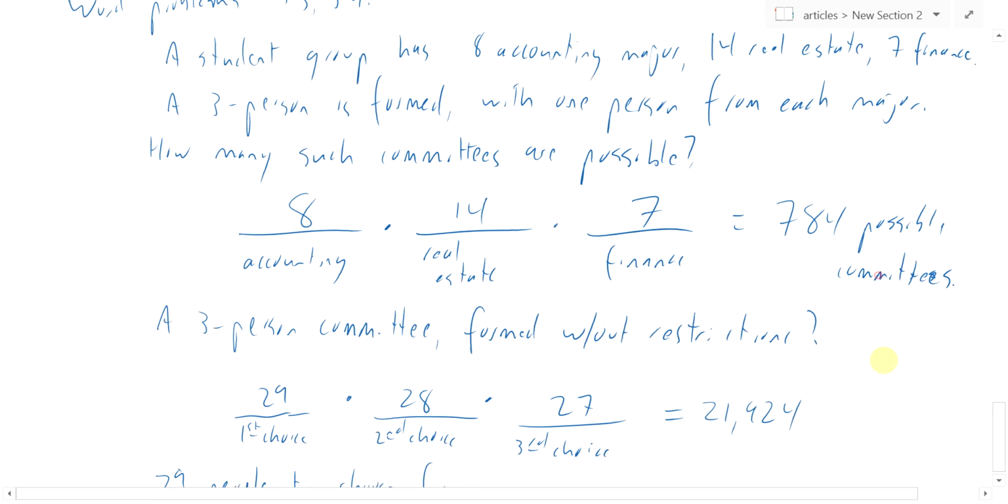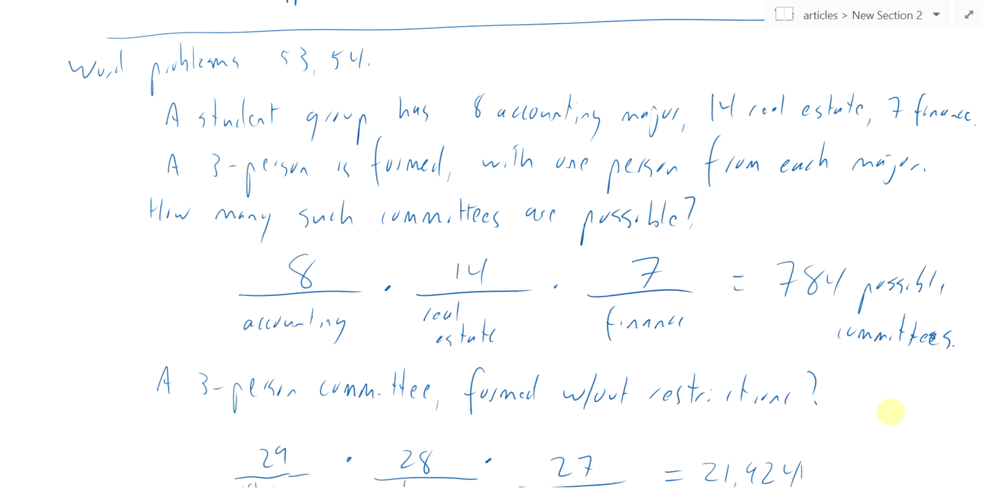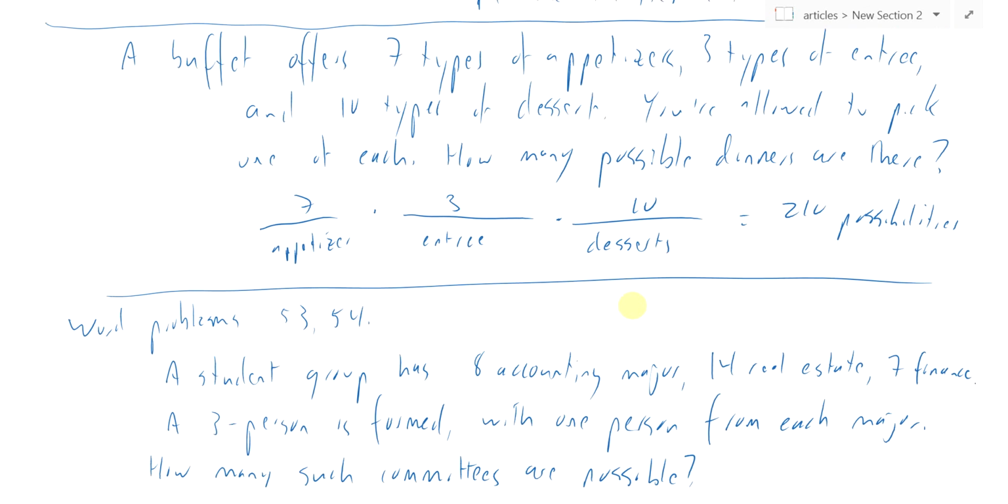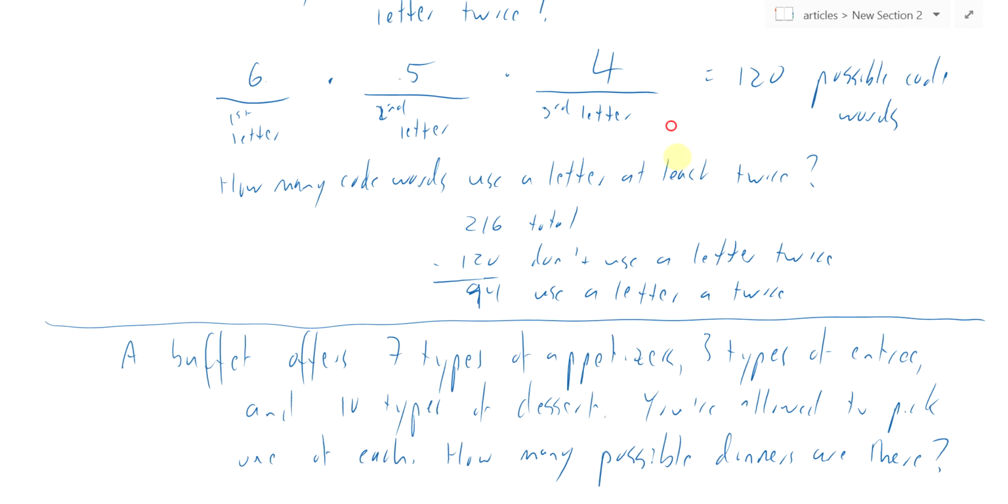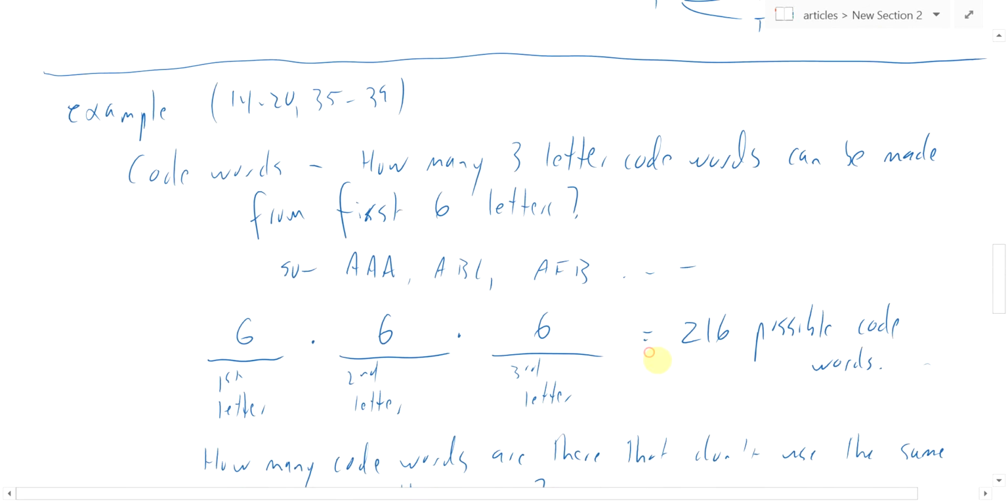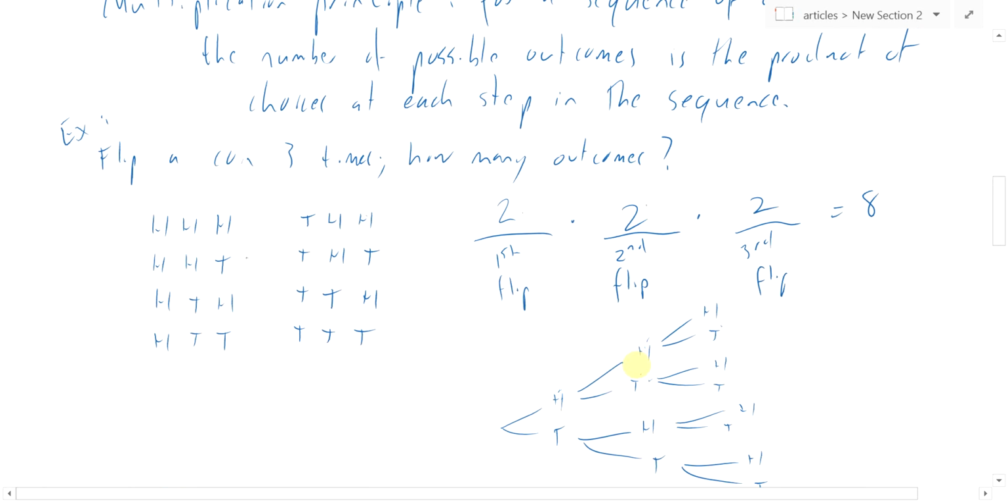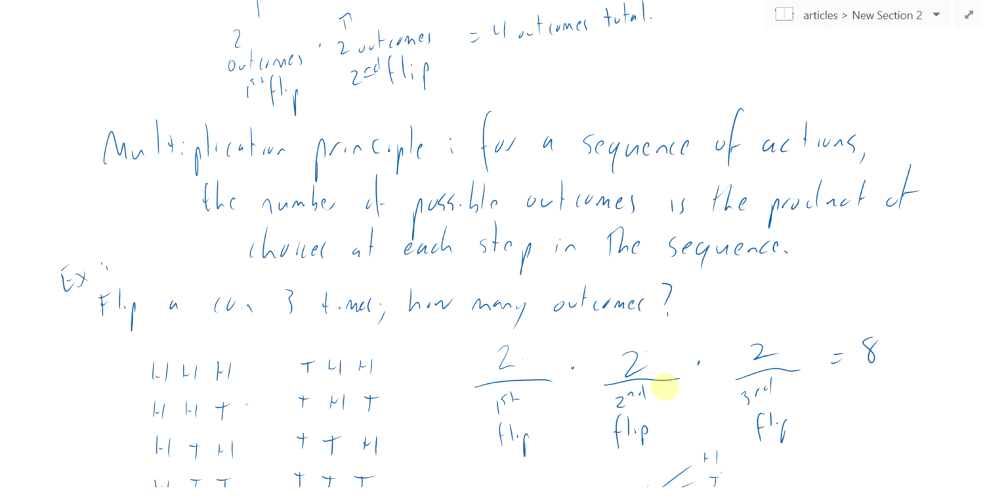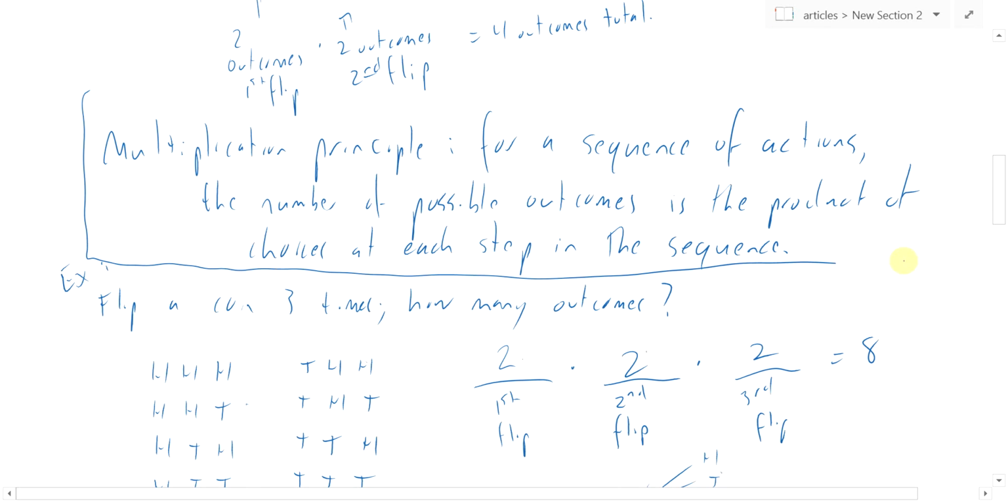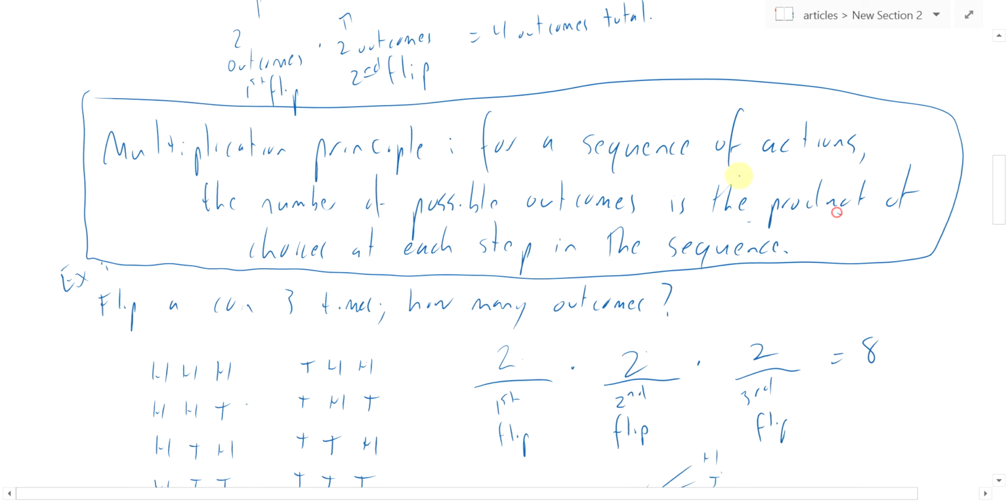So, multiplication principle is pretty straightforward, at least compared to the addition principle. Multiplication principle is the number of possible outcomes for a sequence of actions. The number of possible outcomes is the product of the choices at each step in the sequence. So you figure out how many choices you have at each step, multiply